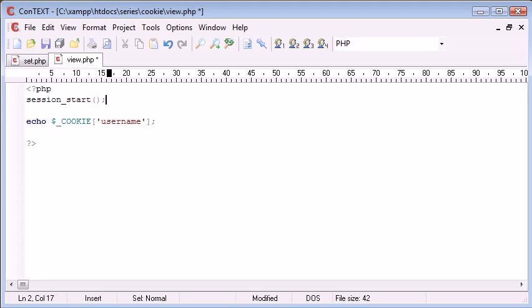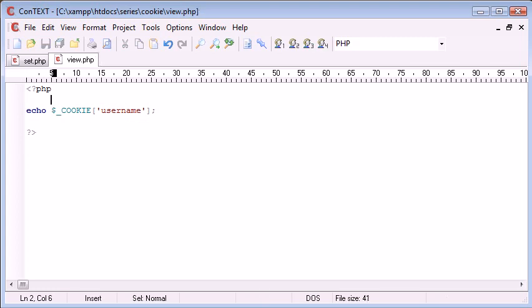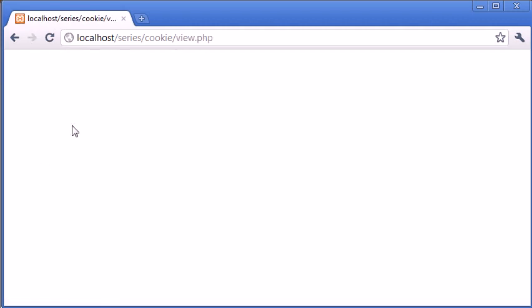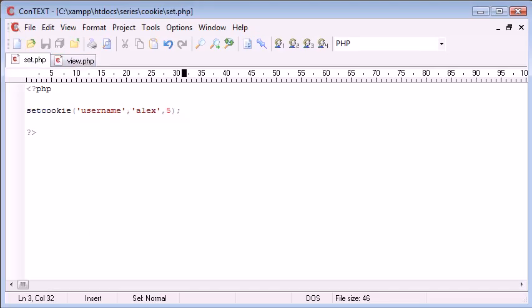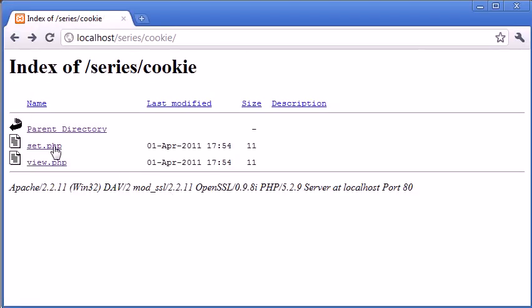So these are a lot more freely used on your page. We also don't need to kill, well, we do need to kill a cookie at some point, but this is done in a slightly different way to sessions. So we're echoing the cookie username. Now, at the moment, we shouldn't receive a value because the cookie does not exist, because the expiration time is 5 seconds. So if I go back to set again, here,